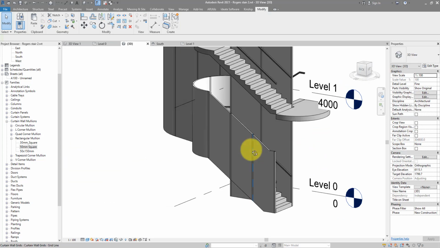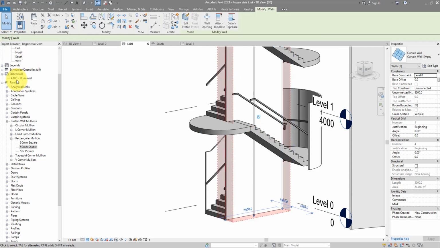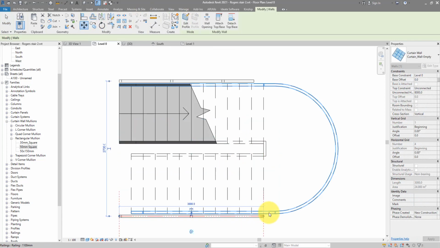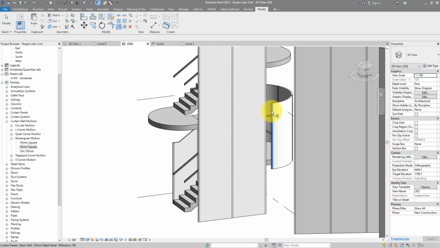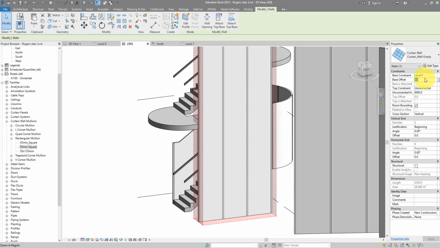Let's now do the same for the other side. I will now select this wall there, go back to plan view, and then move it from here to there. Go back to 3D. Let's make it join this curved wall first. Press tab until you can select this end face here of the curved wall and then extend this one there to meet. I can now get this, change the base offset to be the same as the one on the landing,